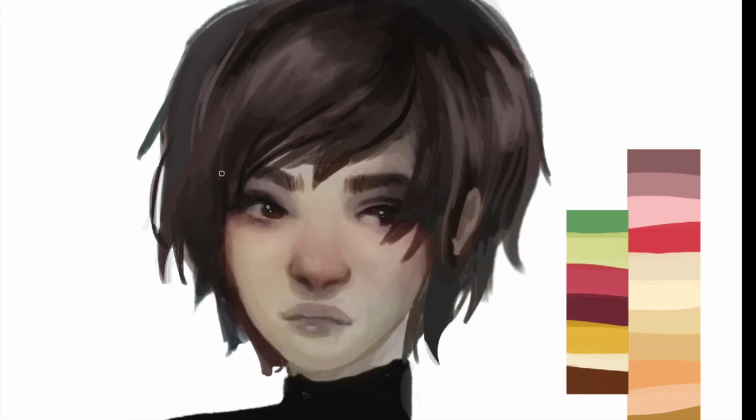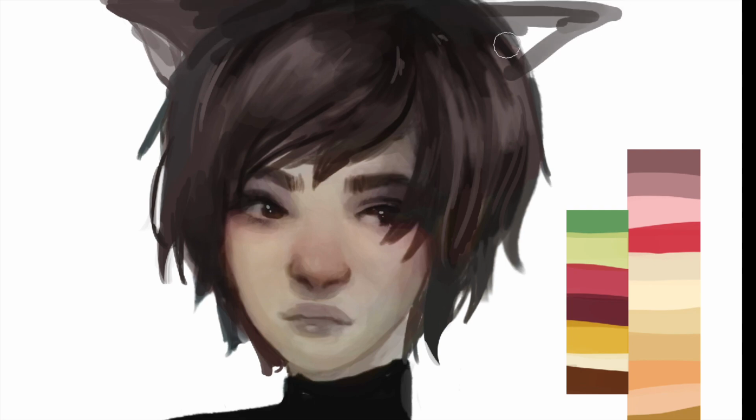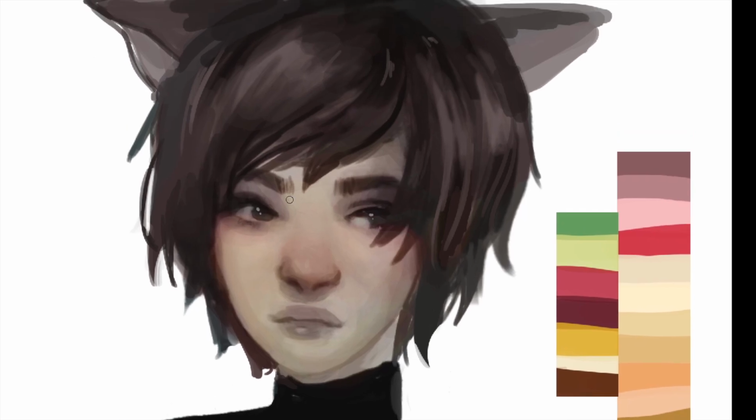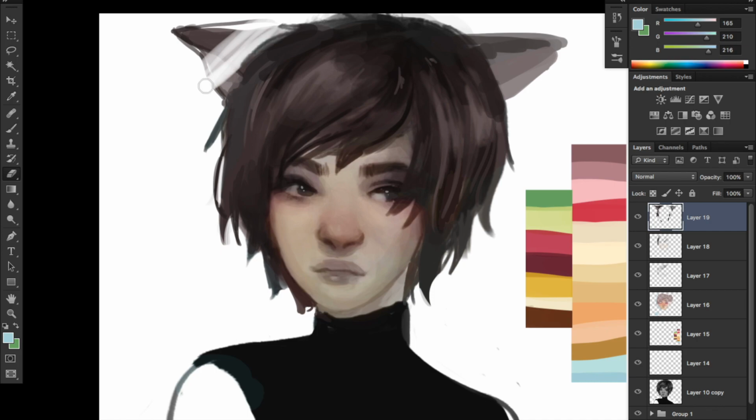Right now he looks kind of like a zombie, and while zombies are cool and all, they're not nearly as interesting as a pretty boy, in my opinion. Yeah, I tried giving him cat ears because I'm that bitch. But it didn't work out because I had no reference, and I was just like, oh, that would be cute, wouldn't it? It's not cute at all.